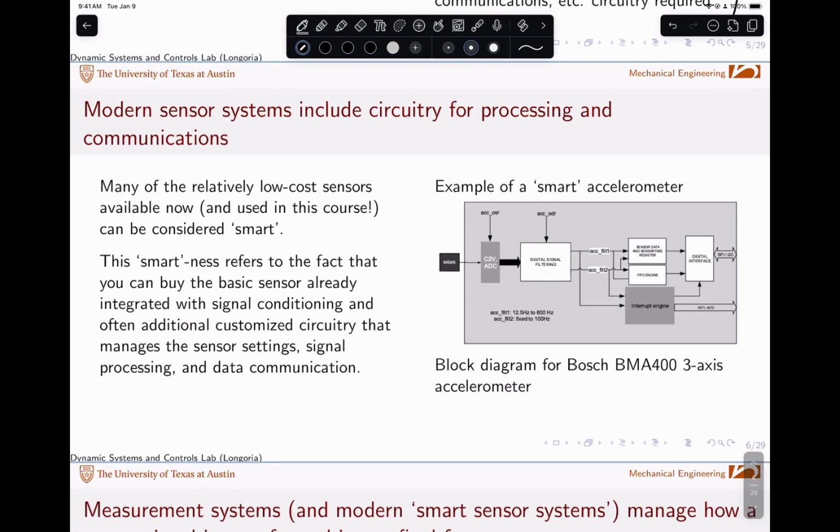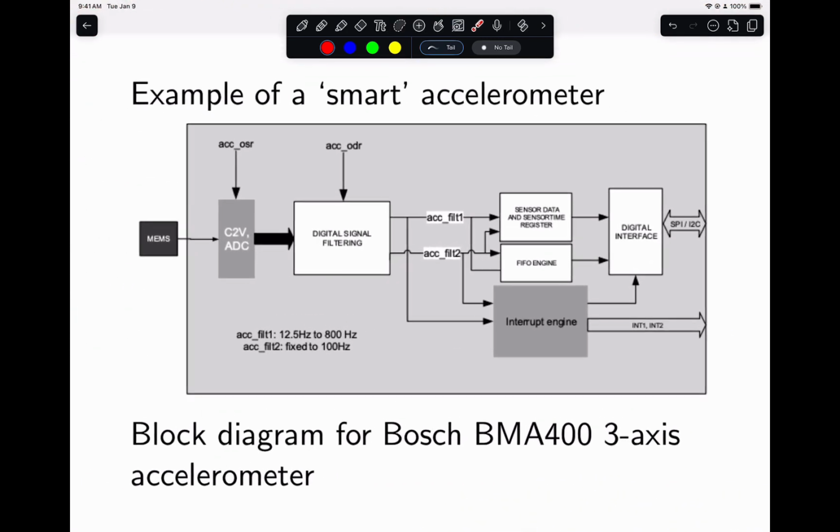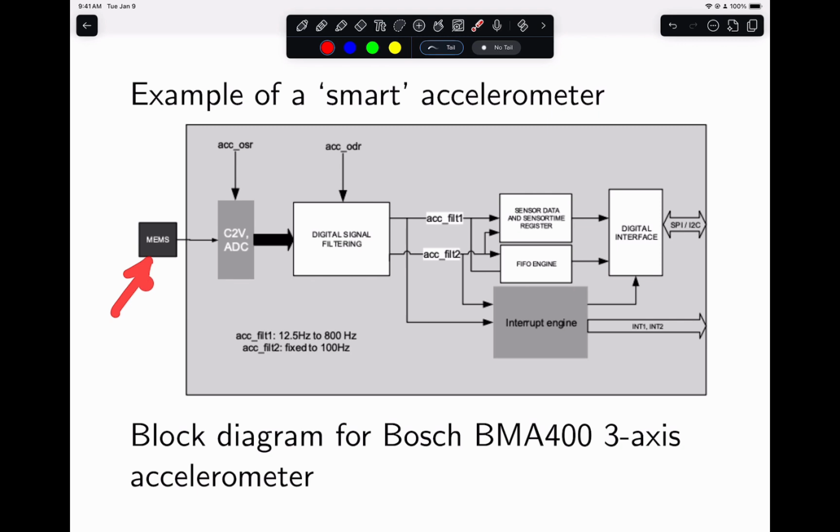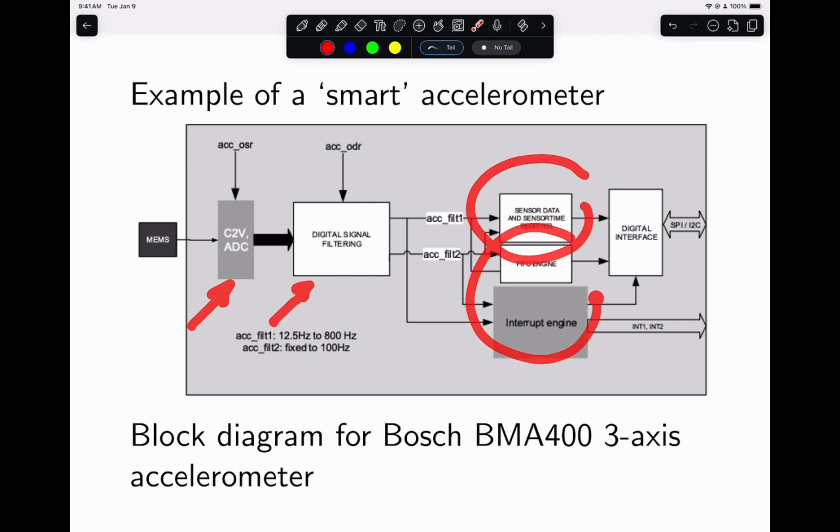Indeed, modern sensor systems devices include a lot of circuitry for processing and communications, right? So many of these low-cost sensors that you might buy online and so on, for dollars, say. Sometimes we call them smart because they have a much more complex structure, right? They have, here's the device, that's the sensor, and then you have A to D conversion built in, you have filtering, and then you might have other kinds of computing and communication circuits